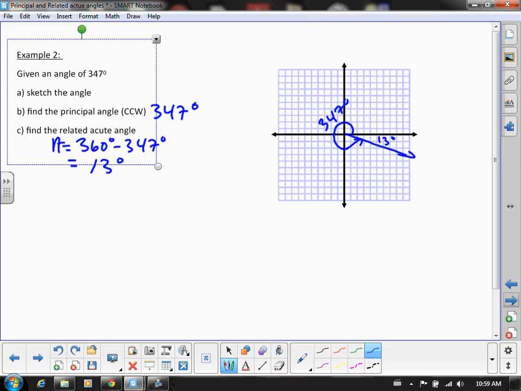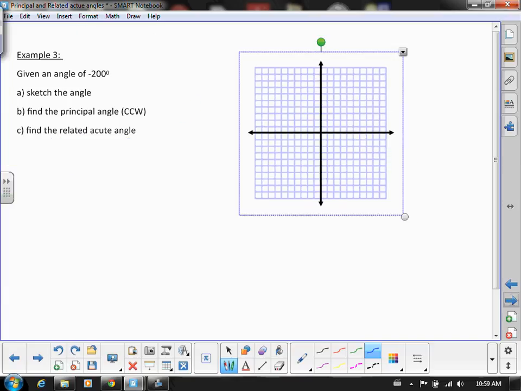So as long as you can graph your angle, you can figure out that related acute angle very easily. Okay, just to give you an example with the negative,